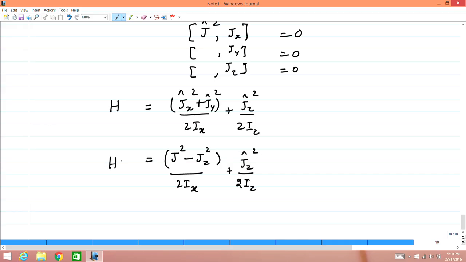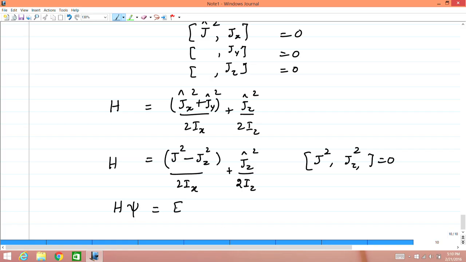This is the Hamiltonian, which contains the operators J square and Jz square, and they of course commute with each other. Therefore, it is possible for us to find the solutions to the angular momentum problem